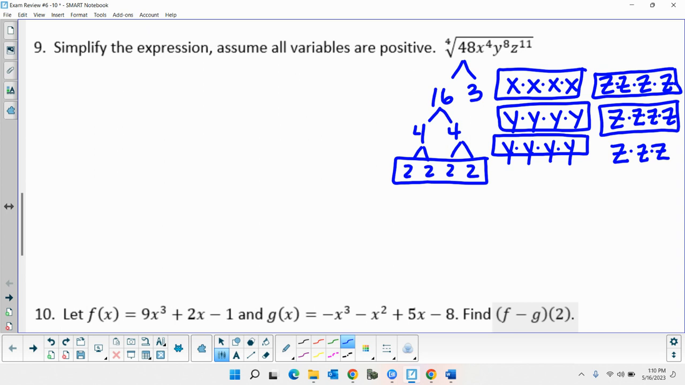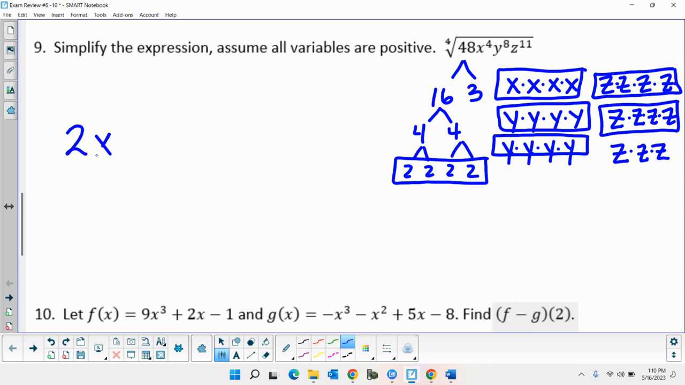So that's basically doing the factor tree, factoring it all out. Do you have to do it like that? No. But if that helps you, go ahead. So for every group of 4 of a symbol, where does that go? On the outside, in front, right? Whatever's left stays inside, underneath, right? So my answer is